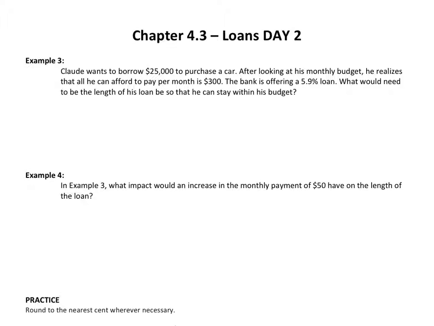Okay. So here we are with example 3. Claude wants to borrow $25,000. He's going to purchase a car for $25,000. Now he's looked at his monthly budget and he realizes that he can only afford $300 a month. So if he knows what kind of car he wants to get, and he knows he has $300 to spend, and knows he's going to qualify for a certain percentage loan, he can figure out how long it's going to take him to